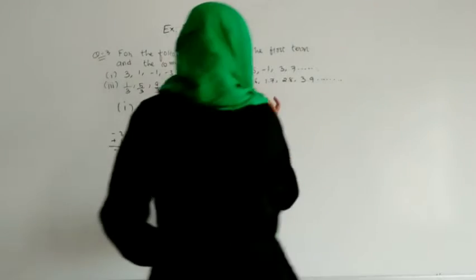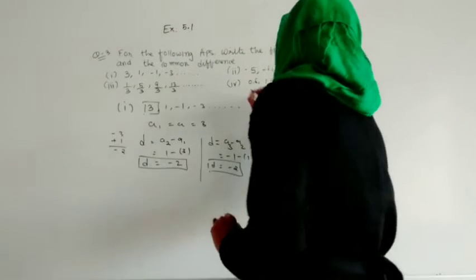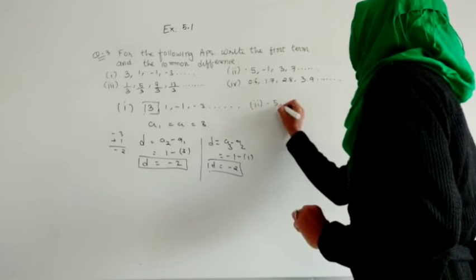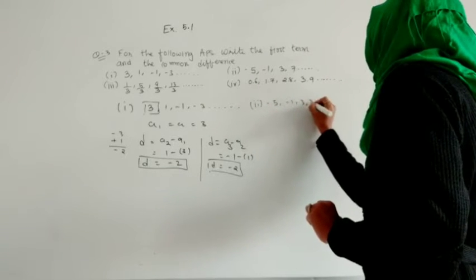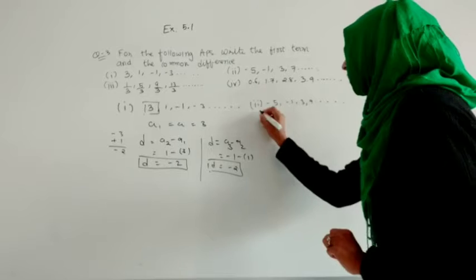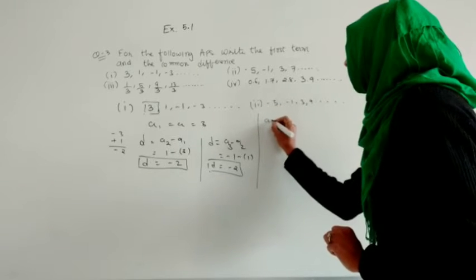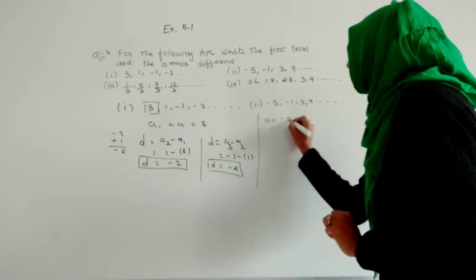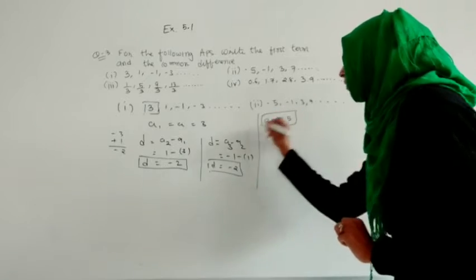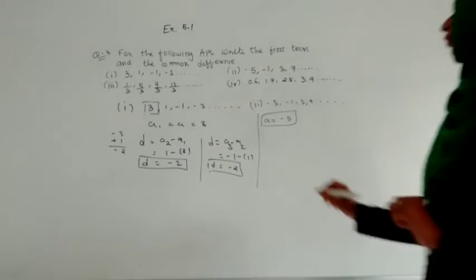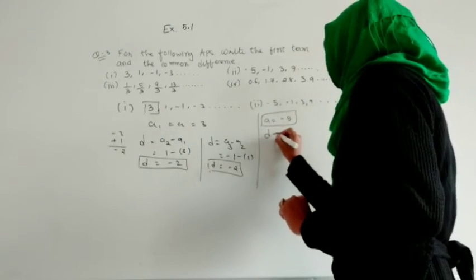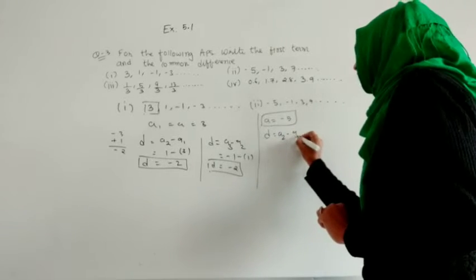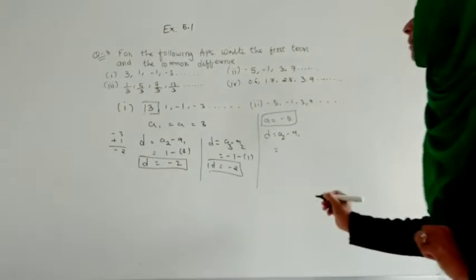Now here let me solve the second question which I have written over here. That is -5, -1, 3, 7 and so on. So let us write A. A is A1 only and that is -5 over here. So let me write the first term. Now here we have to find the common difference, that is D. So that is what? That is A2 minus A1. A2 में से हम A1 को subtract कर रहे हैं.